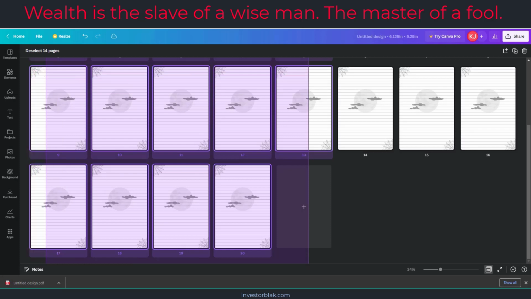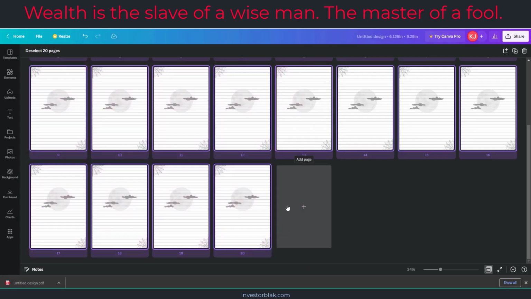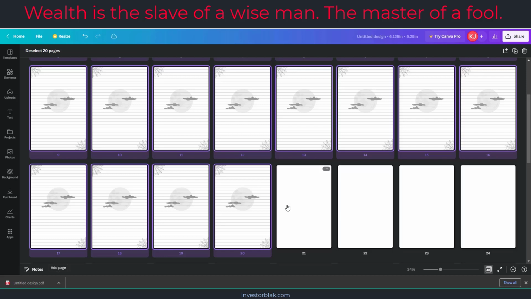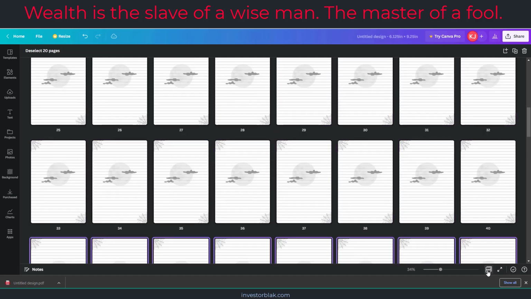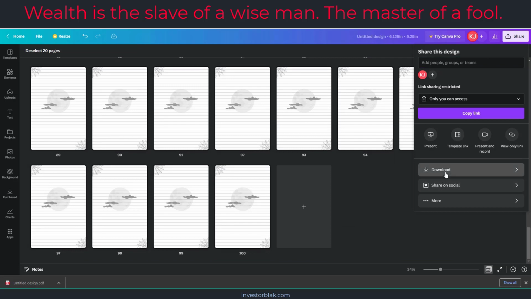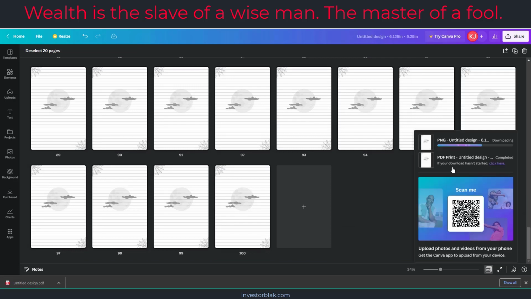So I'm going to scroll and just highlight everything, Ctrl C, then paste it. As you can see at the bottom I have 100 pages right here. Also download your pages. Then now we need to merge the 100 pages and the 20 pages together, and to